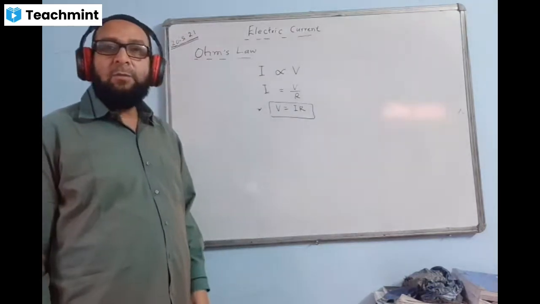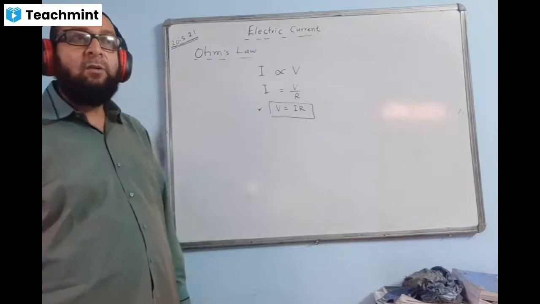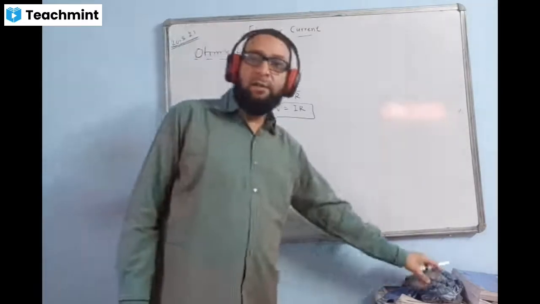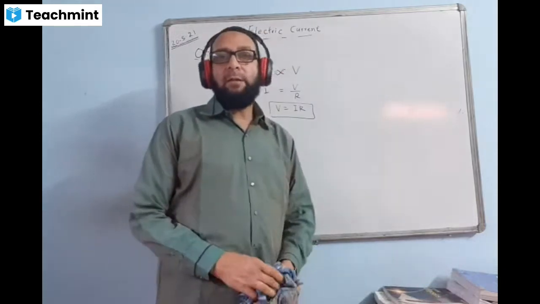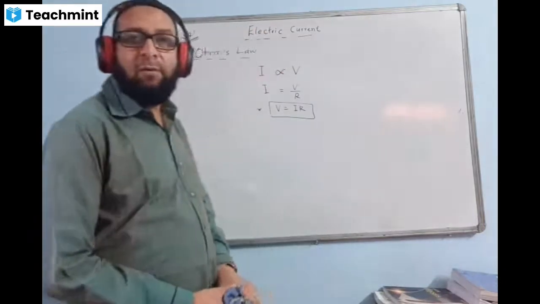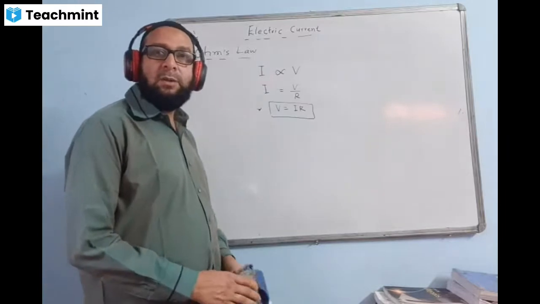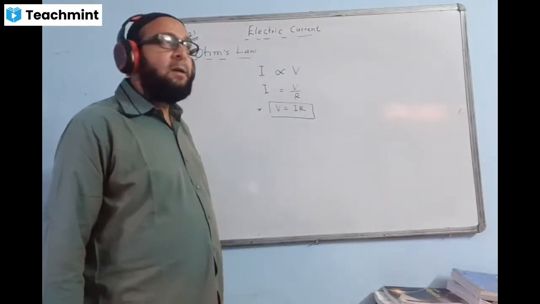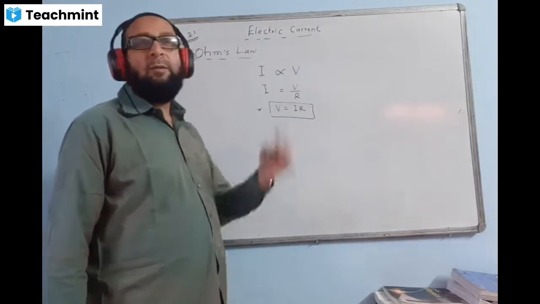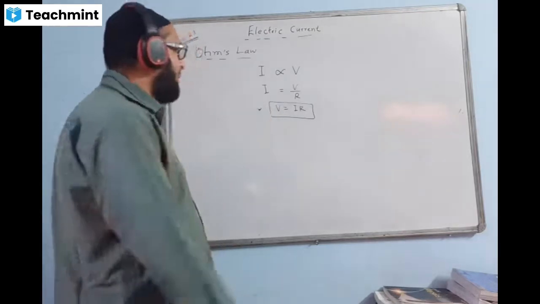This is the formula we get from Ohm's law. What is the limitation of Ohm's law? Ohm's law is valid only when temperature is constant. And Ohm's law is followed by all metals. That means all metals are examples of ohmic conductors, the conductors which obey Ohm's law. And non-ohmic conductors are the conductors which do not obey Ohm's law. I will not do all these things because you have done them in the lower class.